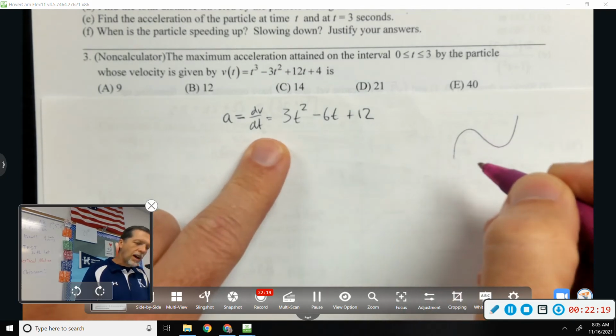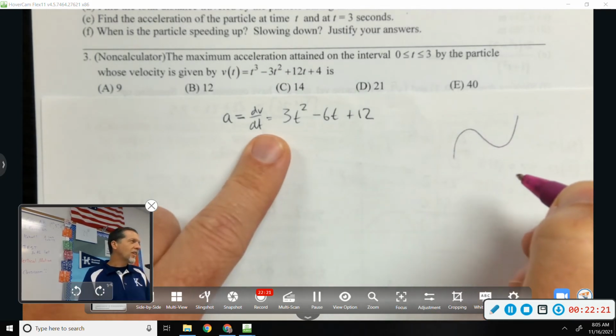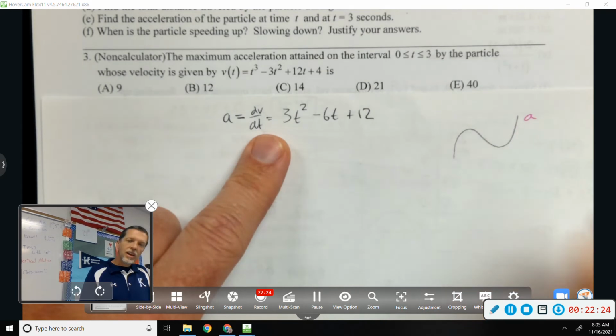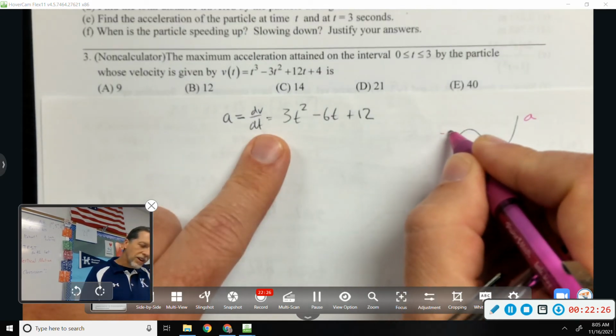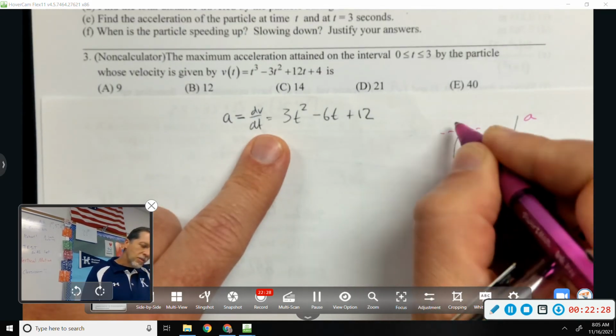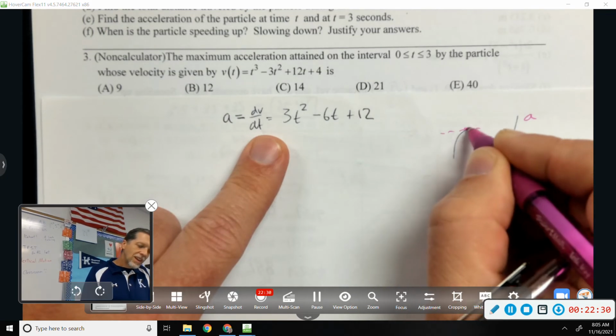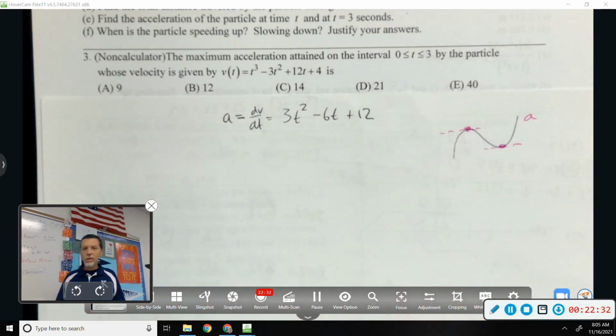I don't want to know where the acceleration is 0. I want to know where there's a max or a min. So I want to know where the derivative is equal to 0. So I need the derivative of acceleration now,